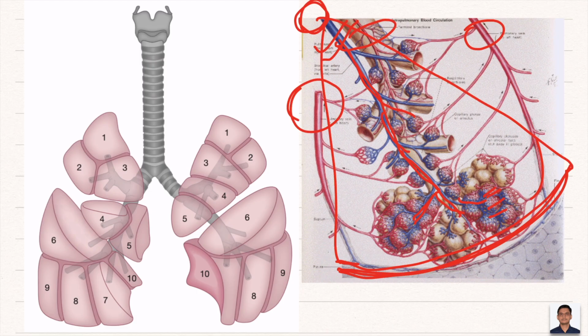Now, as we can see in this diagram, this is the larynx, this is trachea, this is the right main bronchus, and this is the left main bronchus. Right main bronchus further divides into the three lobar bronchi. First is the superior, second is the middle, and third is the inferior bronchus. And the left main bronchus divides into the two lobar bronchi, the superior and the inferior lobar bronchus.